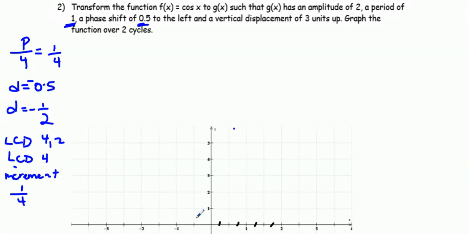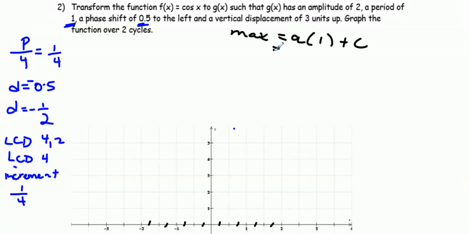So I'm just going to put little halves in here, and we know that each of those is 1/4, right? Okay, so I don't really need to put a number in there because you can see the four increments up to 1. Now what I want to do is go to my max, since it's cos, and figure out what my max is, because I'm going to start at my max,